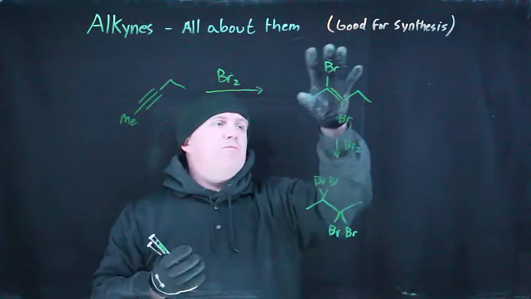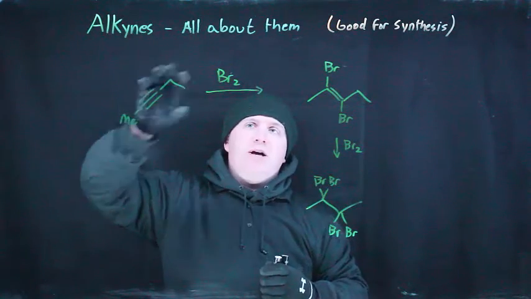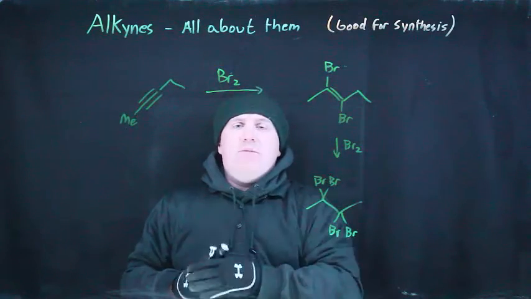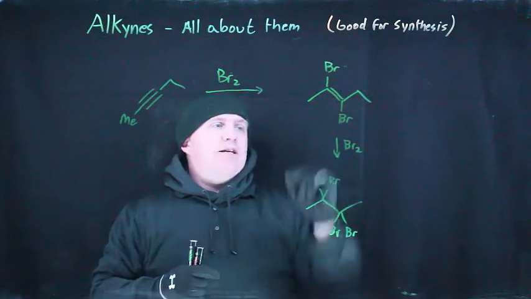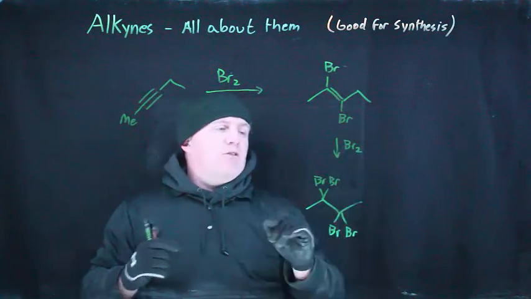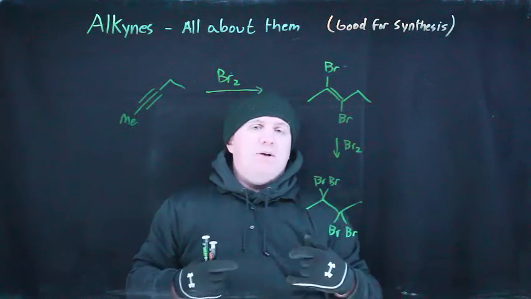what you will do is form the vicinal dibromo species via the mechanism you'd expect, where the double bond goes ahead and adds to one of the two Brs while the Br adds back, creating the bromonium species. The other bromine wraps around and opens it as expected, leading to the trans material specifically. Meanwhile, if you then add in a second equivalent of Br2, what that ends up doing is making the expected